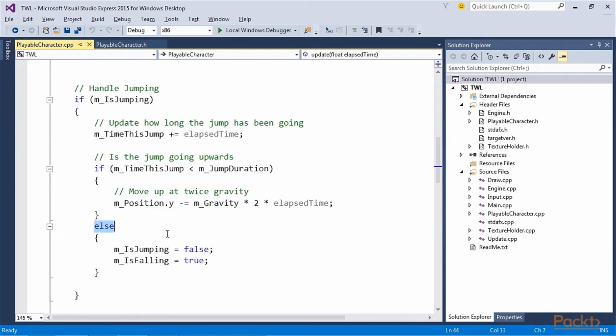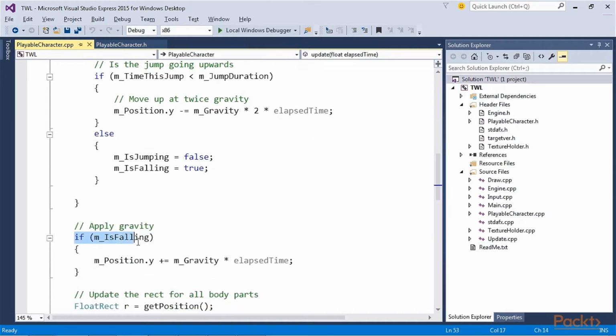The else clause executes when m_TimeThisJump is not lower than m_JumpDuration. Then m_IsFalling is set to true. Also, m_IsJumping is set to false. This prevents the code we have just been discussing from executing, as m_IsJumping is now false.